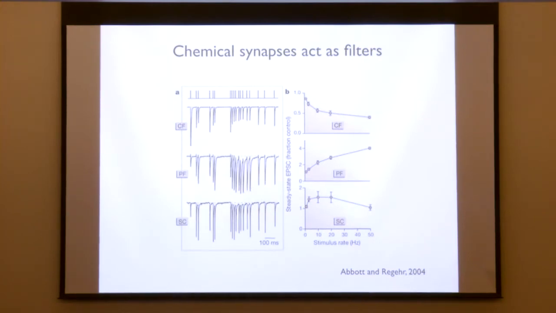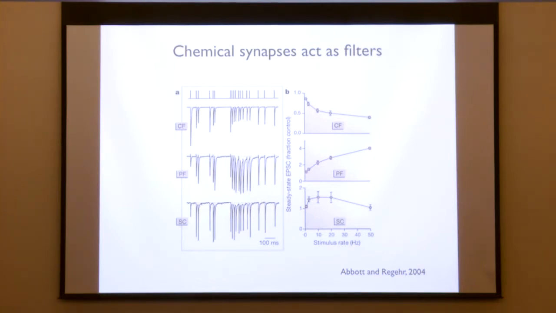And theorists appreciated right away that what this meant was that the synapse is behaving as a filter. So this is from a review by Larry Abbott and Wade Regehr, where they show three different types of synapses that are typical of particular neuron pairs. This one shows depression, so what this means is that it will respond transiently to a prolonged stimulus. This one shows facilitation, which means it won't be well driven by very sparse stimuli, but if you have a persistent stimulus, it will sort of ramp up and get going. And this is one that has both of these properties and therefore acts as a bandpass